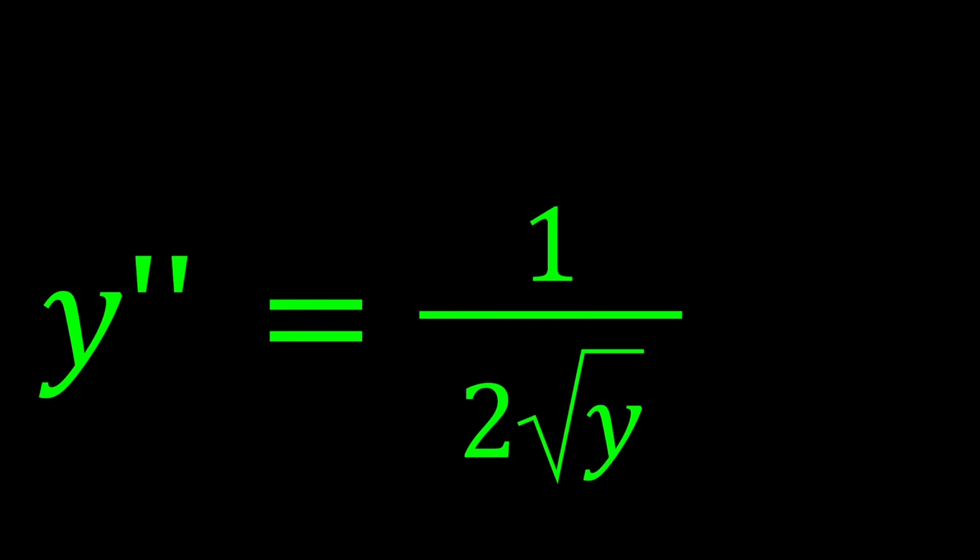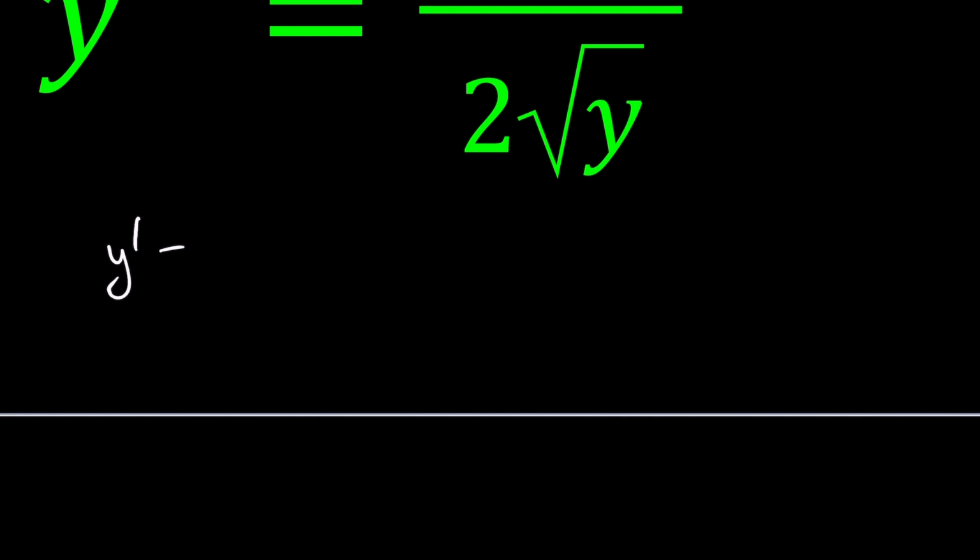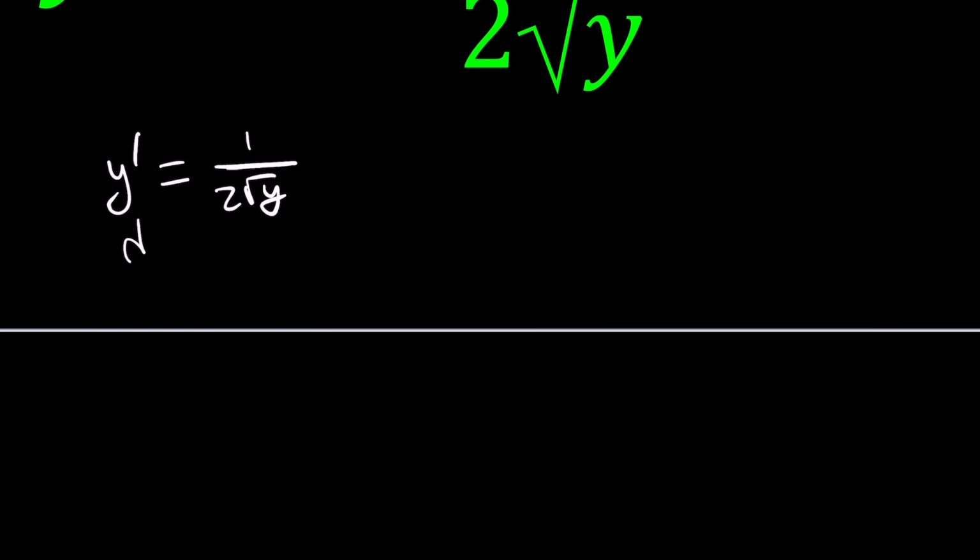Hello everyone. In this video we're going to be solving an interesting differential equation. Why do I call it interesting? Because instead of the first derivative you have the second derivative. So if you had the first derivative, this would be an easy separable equation. For example, if you had y prime equals 1 over 2 times the square root of y, even though there is no x here, which is fine, you could just write